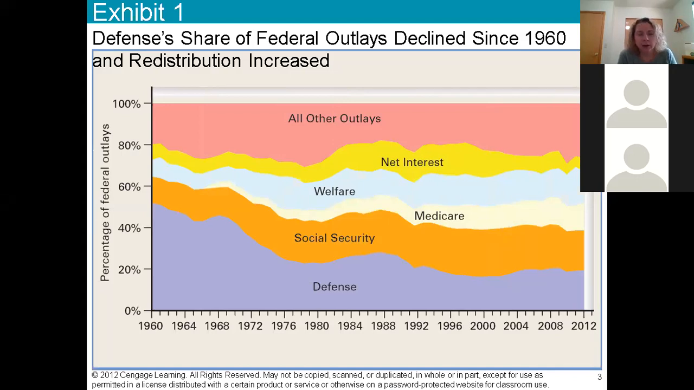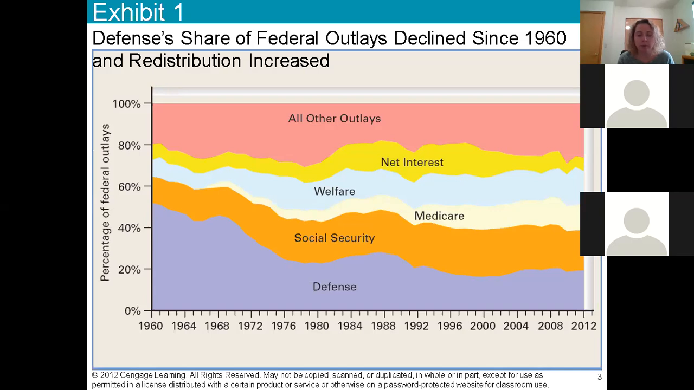The defense's share of federal outlays has declined since 1960. Okay, so that's not actually the most important part of this graph, although your author is having you take note of that. I think your author mentions this in the book, that a lot of people think that here in the US, we spend a lot of money on defense, and we do, but as a fraction of the total budget, it's actually not as much